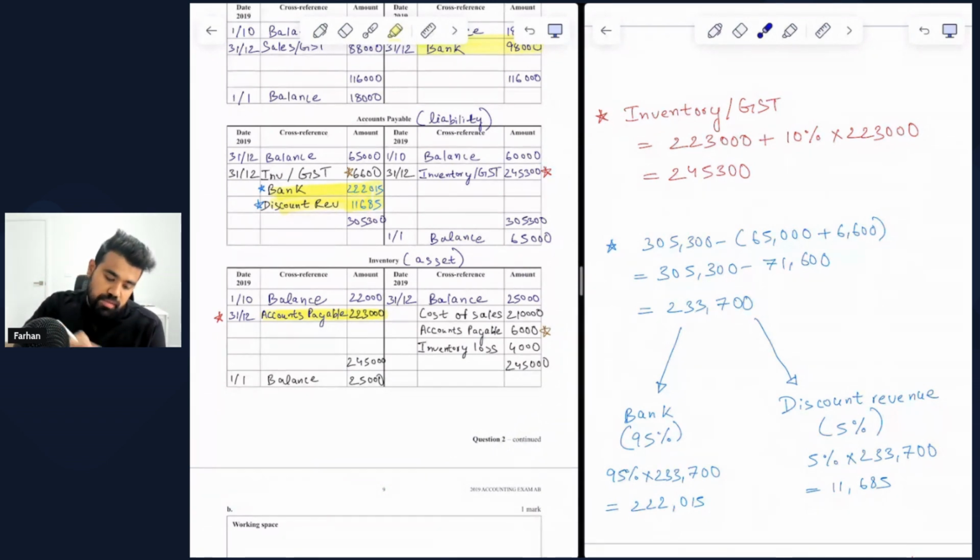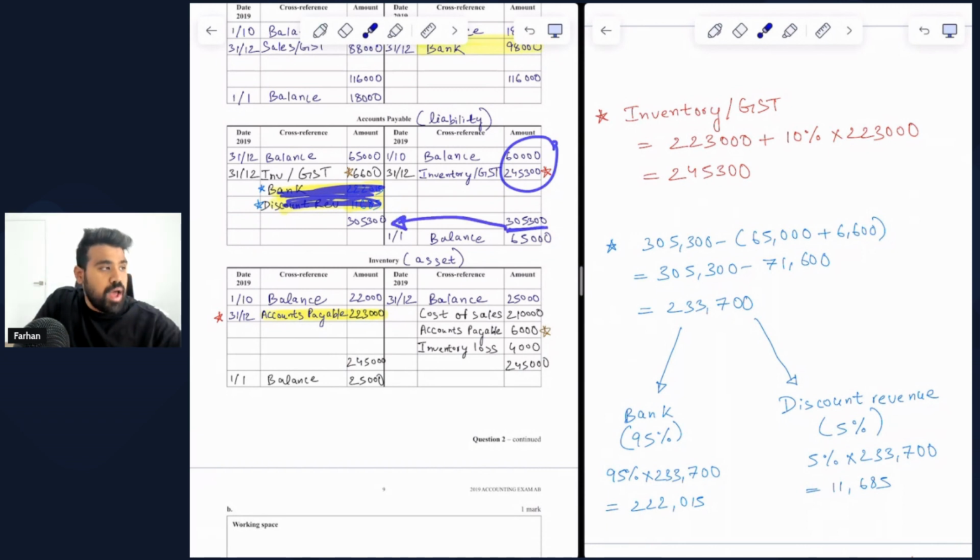So how do we derive this? Again, let's just assume we do not have these two numbers to begin with. And if you take a quick glance, you can understand that the heaviest side is the credit side. So therefore, we add everything on the credit side first, which is the opening balance plus the inventory purchases including GST, and that is 305,300, which must be the total on the debit side to ensure the fundamentals of accounting apply. And once we subtract these two balances,